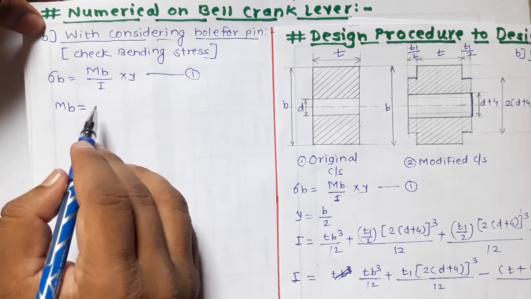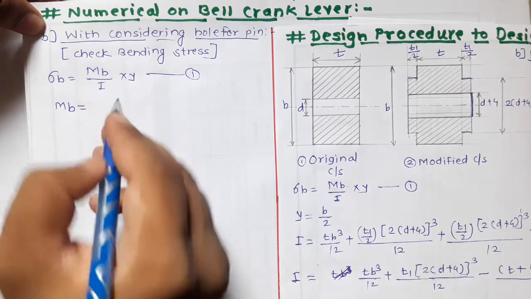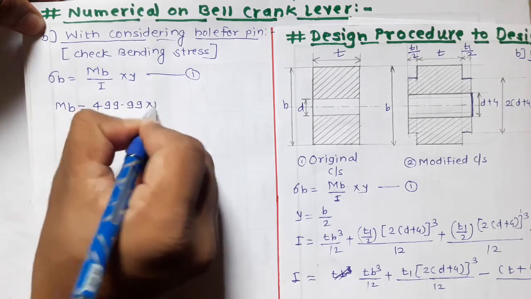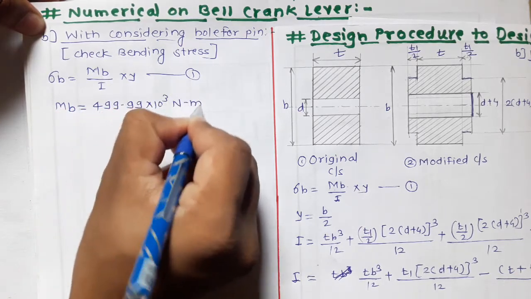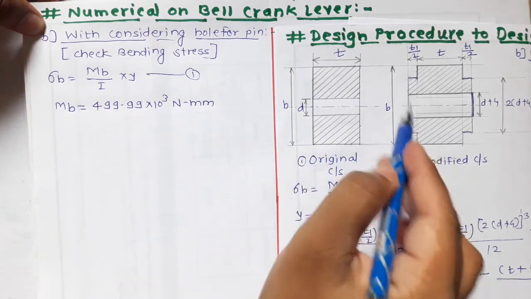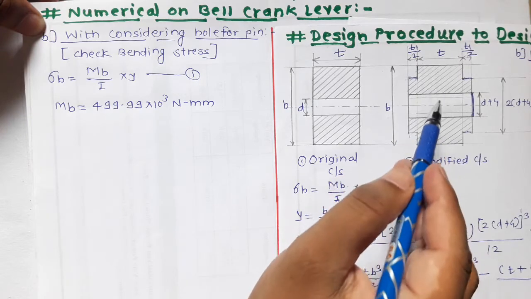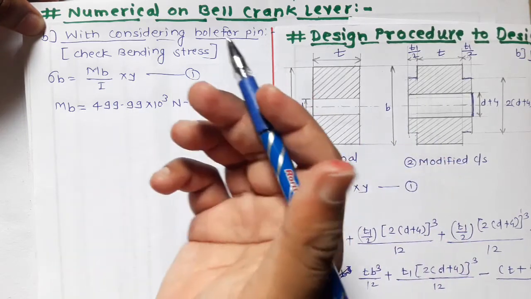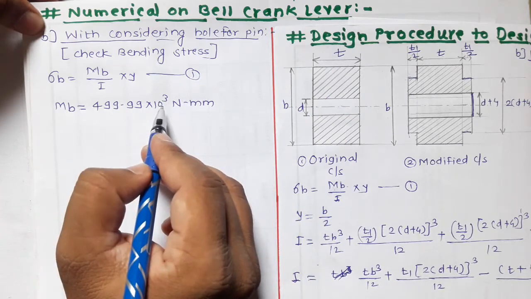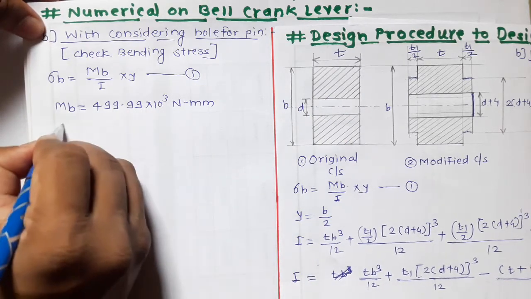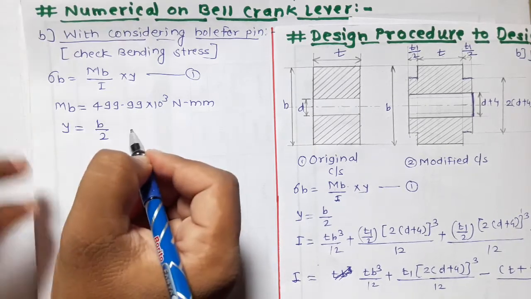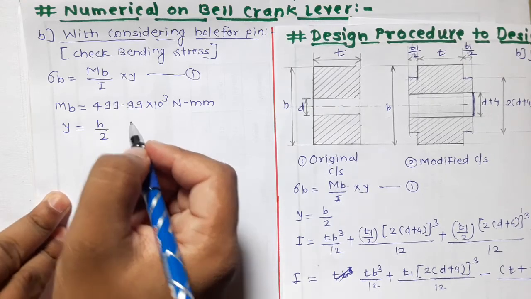Okay, so let us write the value of maximum bending moment. As the maximum bending moment we have calculated in the sub step number 1, its value is 499.99 into 10 raised to 3 Newton mm. This maximum bending moment will not change because we have just changed the cross section of this lever. We have not changed the magnitude of force, or the distance between fulcrum and forces. So this maximum bending moment will remain same. Then y is equal to b upon 2, and in sub step number 1 we have calculated this y